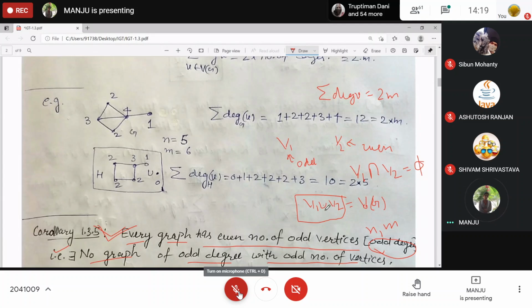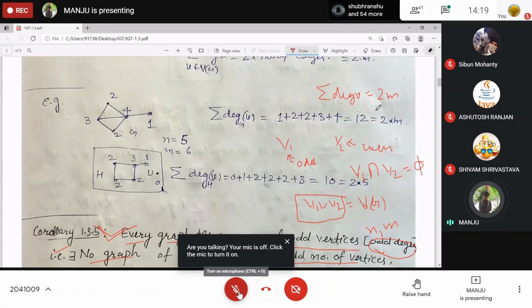So we can split the summation: degree of the first odd vertex plus the second odd vertex and so on, then the degrees of the even vertices.